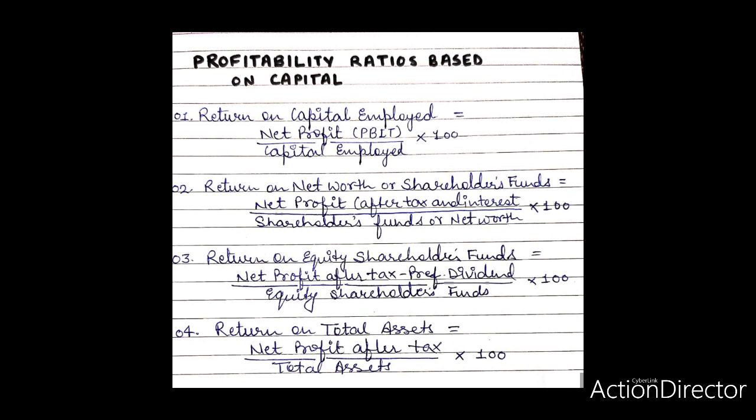Furthermore, the ratio can be used to judge the borrowing policy of the enterprise. If an enterprise having the ratio of return on investment of 15% borrows at 16%, it would indicate that it is borrowing at a rate higher than its earning rate. The comparison of this ratio with that of similar firms and with industry average over a period of time would disclose as to how effectively the long-term funds provided by owners and creditors have been used.